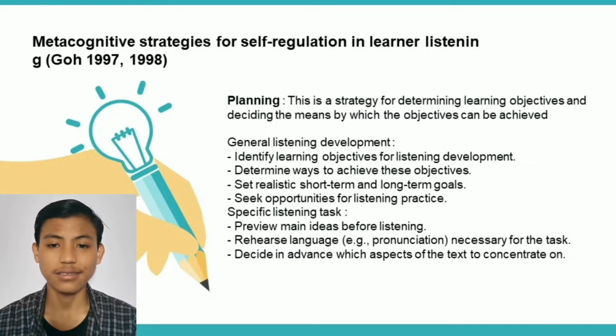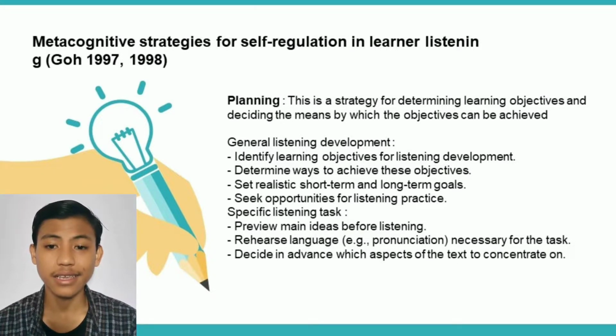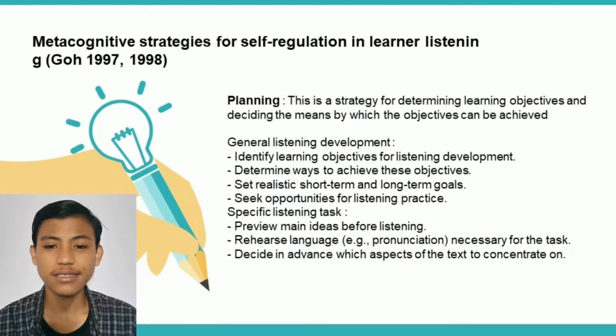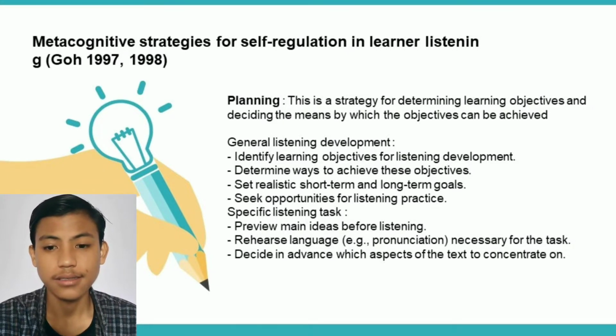Specific listening tasks: review main ideas before listening, rehearse language, for example pronunciation, necessary for the text, and decide in advance which aspect of the text to concentrate on. Various learning strategies: outlining, mind mapping, speed reading, and other learning strategies.